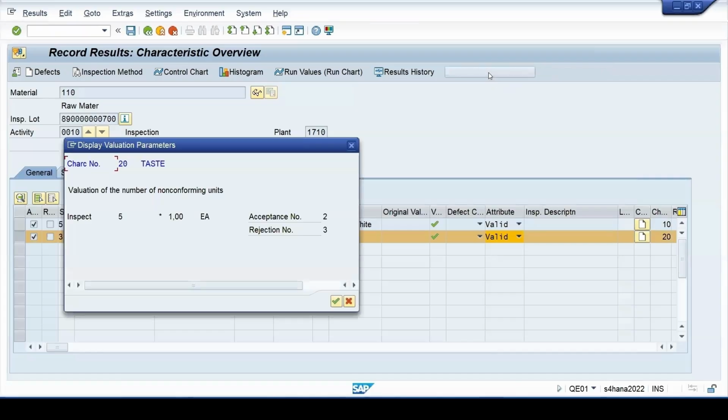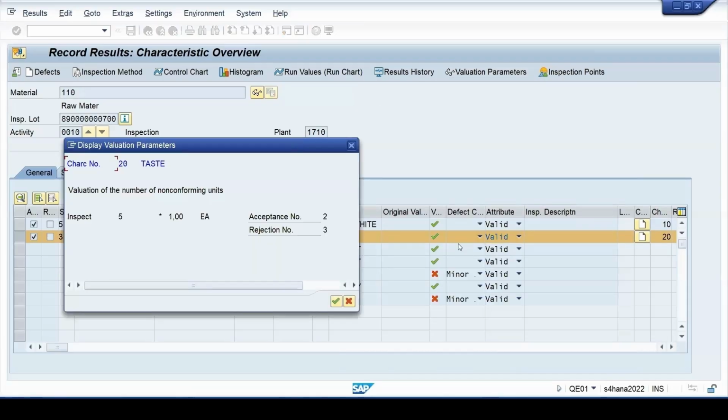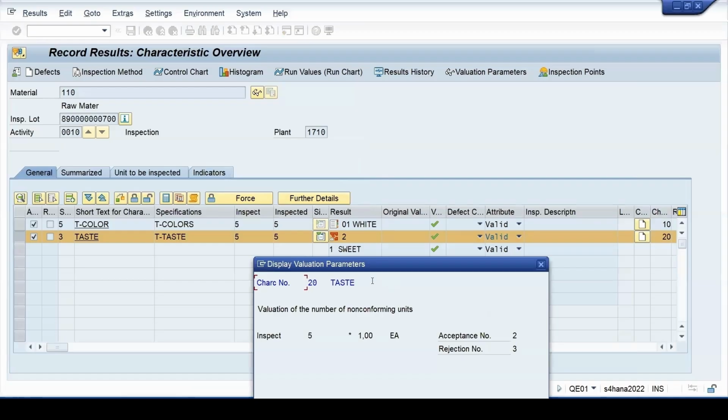This is the criteria which is there. Parameters we are specifying that in the case of 3 pieces rejected, it will be rejected because my acceptance number was 2. Overall valuation is coming. In the sampling procedure which we have specified, we consider non-conformative, right? Let me open this sampling procedure.